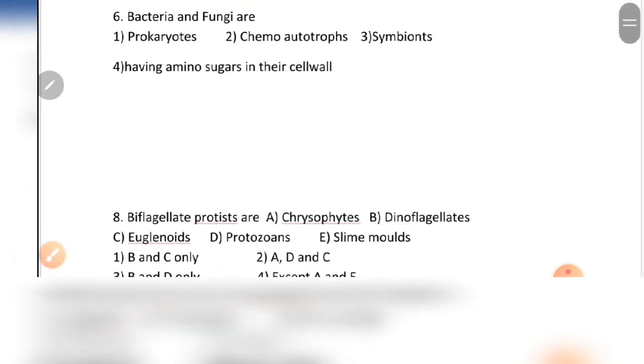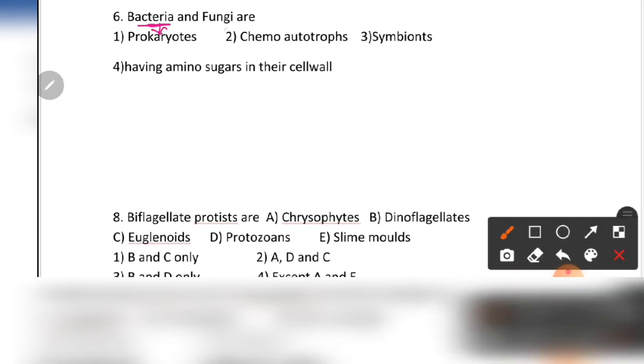Bacteria and fungi are. So what about bacteria and fungi? Bacteria is a prokaryotic individual. Fungi is a eukaryote. But chemoautotrophy is noticed in the bacteria. Chemoautotrophs oxidize substances like nitrate and ammonia, and use the released energy for ATP production. So chemoautotrophy is related to the bacteria and symbiosis, but individually fungi is associated with algae and produce the lichens. So symbiosis, but both do not act as symbionts, but have amino sugar in their cell